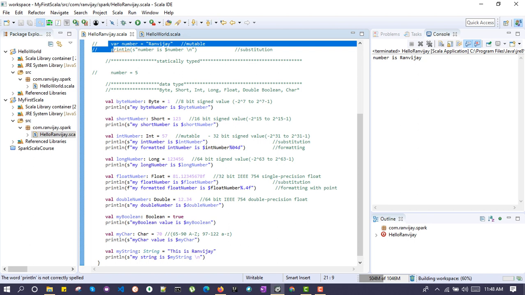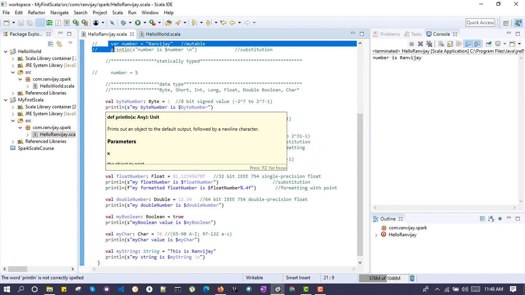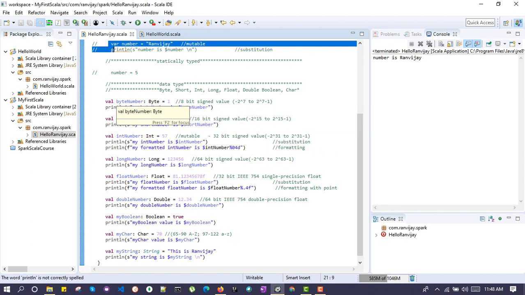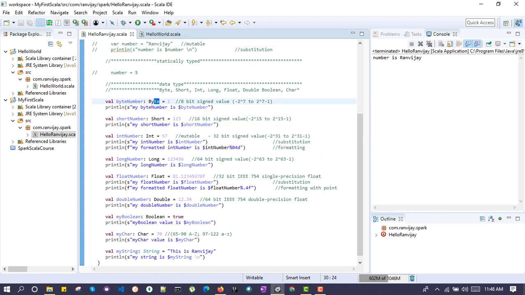So data type, first one is byte. Byte is an 8-bit signed value which ranges from minus 2 raised to power 7 to 2 raised to power 7 minus 1. It's the range of its value. So like this you can define a variable: var keyword and the name of the variable, then what type of data.